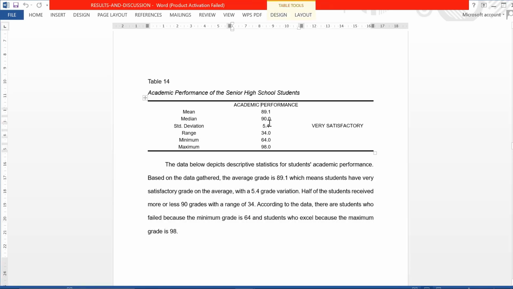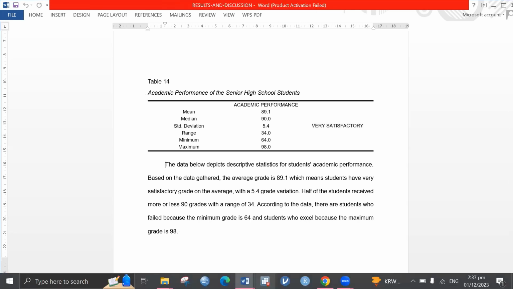But here it is the overall academic performance because they're using the GPA here. And you need to discuss it per subject. Okay, and you use this one. And you do not have like this, so do not put this one. Just only the median, standard deviation, range, and minimum and maximum,